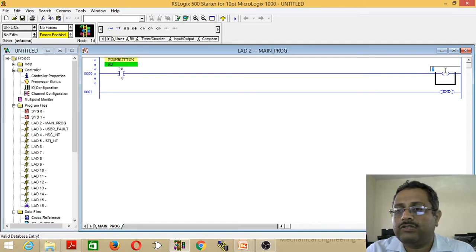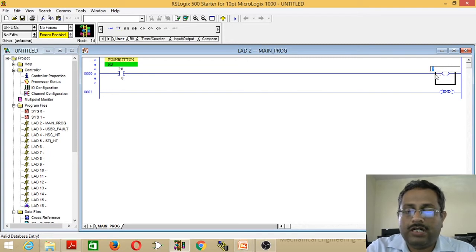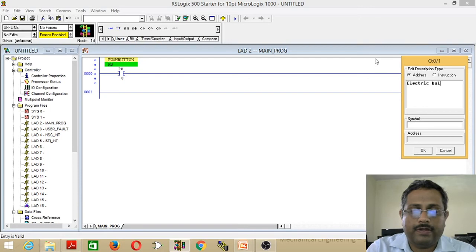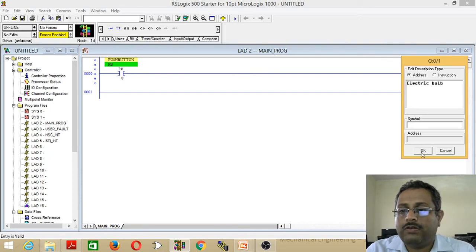Then for output addressing, you have to type O colon 0.0, it's the same. Then you have to give which output we are connecting in the PLC, either 0, 1, 2, 3. I am typing 1. This output is connected to the electric bulb. OK. See, this completes it.